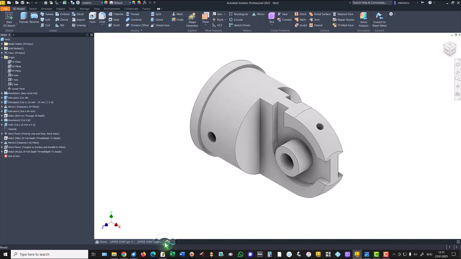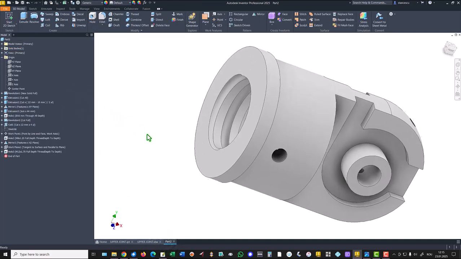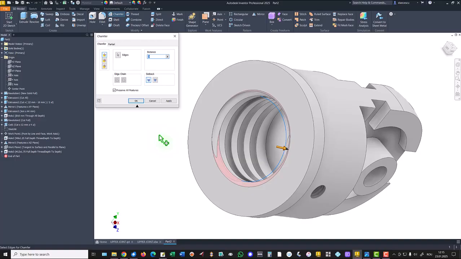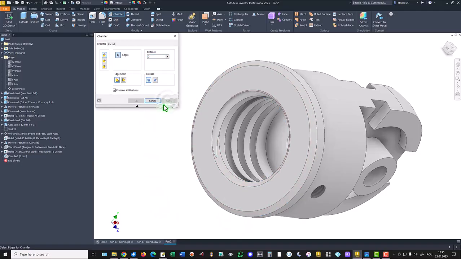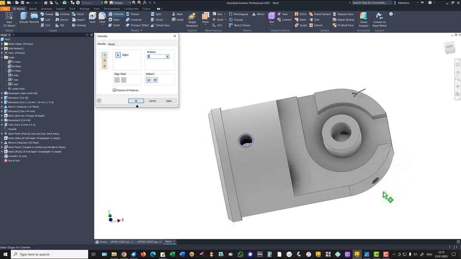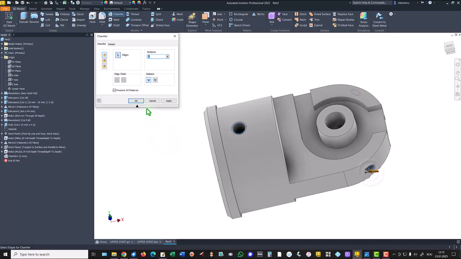Okay, we select this circular, not coil edge to place 3 millimeters here and here. Apply. Then 1 millimeter to this hole, and this hole. Okay,